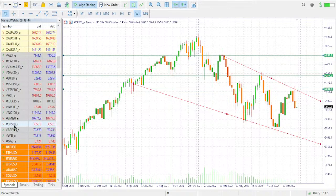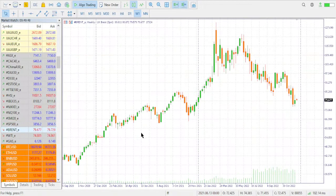The next chart is Brent oil. This is also a sell. I'm saying it's a sell because we had a support here. This was like an inside bar, another inside bar, and what inside bar means is that the price is not able to break above this line, at the same time it's not able to break below this line, but overall we are in a very good downtrend. So as it is right now, we advise that you keep looking for sell positions as long as the price is held below